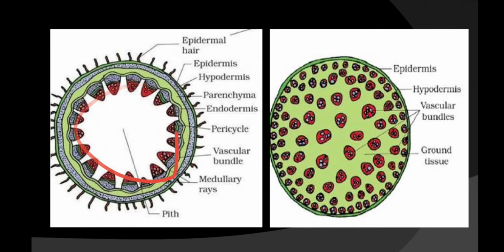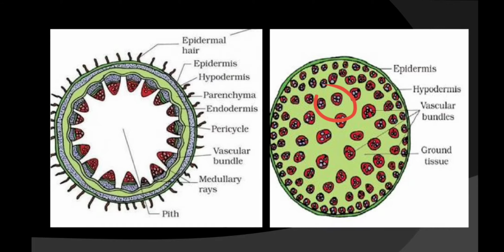Is it correct? But in the monocot stem, you will see they are scattered throughout the stem. They are scattered in the stem. So this is the main difference. So by looking at the vascular bundles, you are able to identify that this is the monocot stem and this one